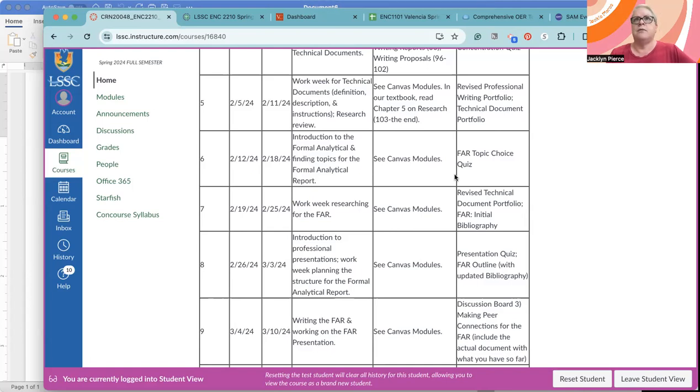So in this course, most of the writing that we're doing is stuff that you would normally actually do. The formal analytical report is one of those. But you don't have to do it about your work topic. If you want to write about one of your interests or hobbies, you are more than welcome to do it. In fact, I really encourage you to, because one of the things that is usually true of a formal analytical report is that